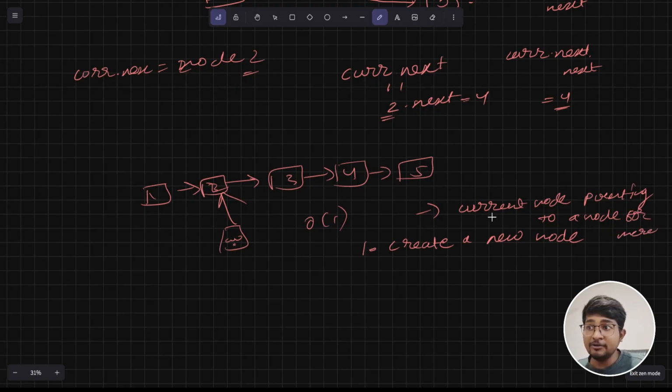For insertion, we need to point the current node at the node before where we need to insert. Now we are inserting between 2 and 4, so we need to point the current node at 2, the node before the one where we need to insert. So after pointing that node here, we will create a new node